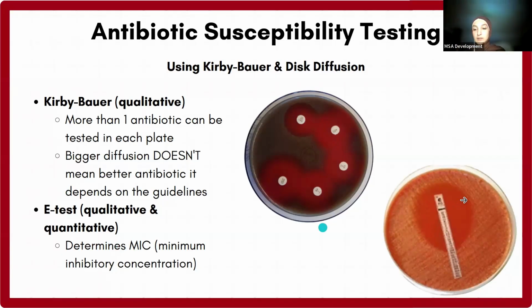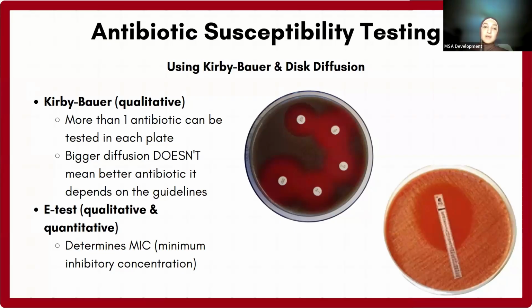And how to do it is that we essentially have a stick, a sheet of filter paper, dipped in antimicrobial agent, and we lay it down on the agar, and we look at the zone of inhibition. If there is a zone of inhibition, that means it's bacteriostatic. If there isn't,